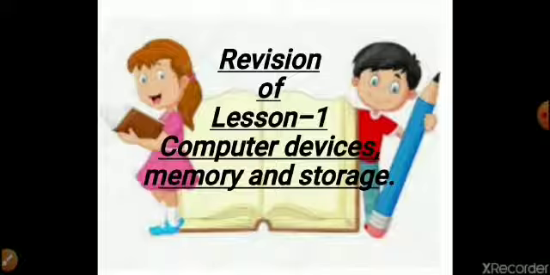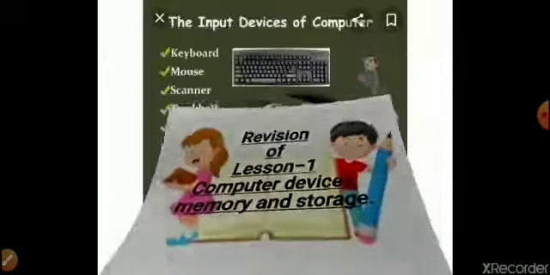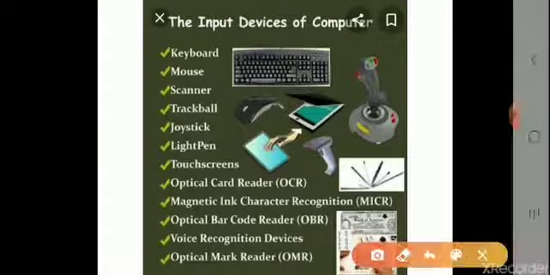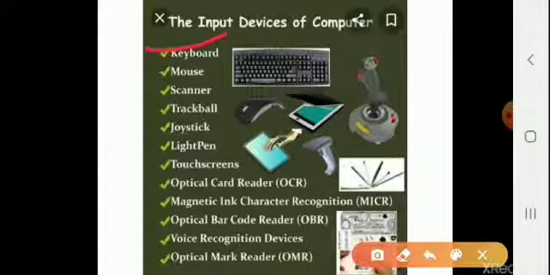So first of all, we will see input devices. What are input devices? The devices which are used to enter data or information into the computer are known as input devices. Some commonly used input devices are, as we can see in the picture also, first of all, the keyboard. A keyboard is used to type the data into the computer using various keys. We can see here there are a number of keys present in the keyboard.